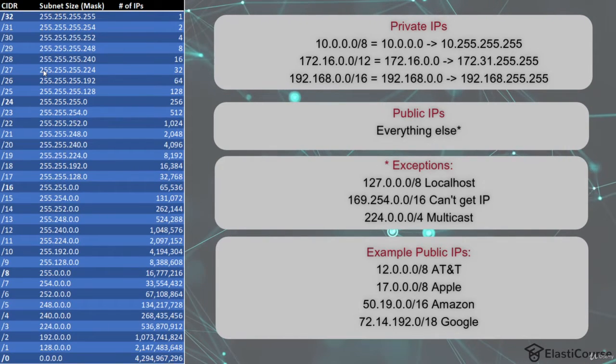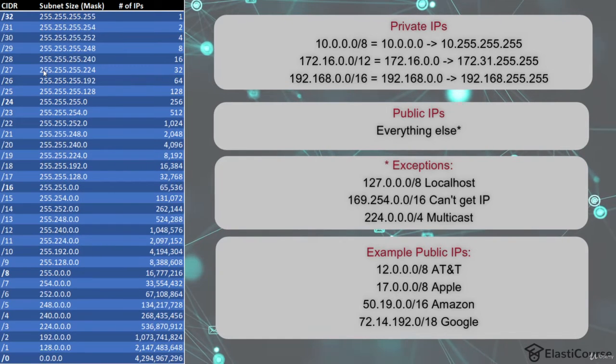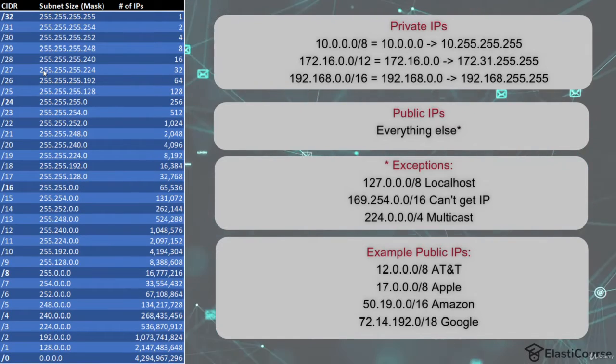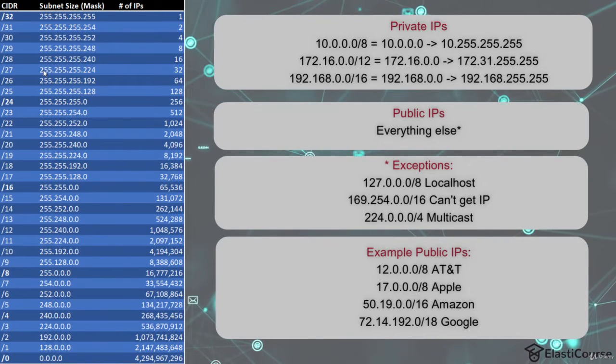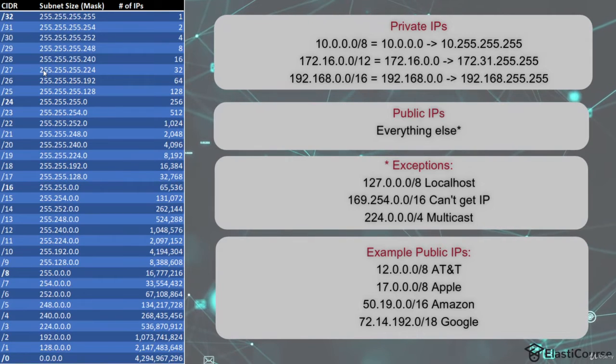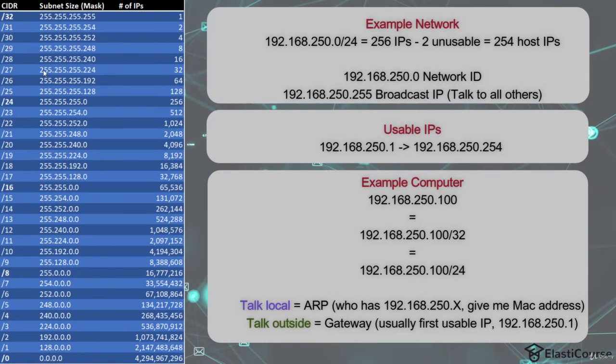50.19.0.0/16 is one of many Amazon public networks. In fact, Amazon owns over 100 million public IP addresses, which is crazy considering this IP address space is exhausted and it's hard to buy these IPs. And Google has one of their networks, 72.14.192.0/18. So now let's take an example network